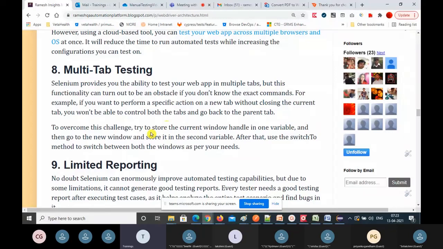Then it will go to that window, and you can perform the actions on that window. And when you close that window, you can come back to the parent window. That's how we can do that. That I'll tell you. These are all very important concepts. So this is nothing but my web pop-ups. So web pop-ups are web windows, and how to handle this concept.